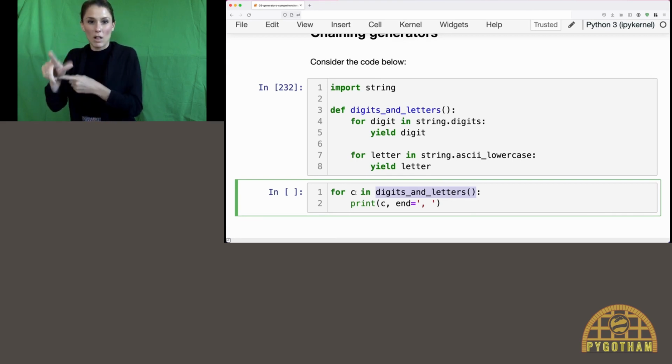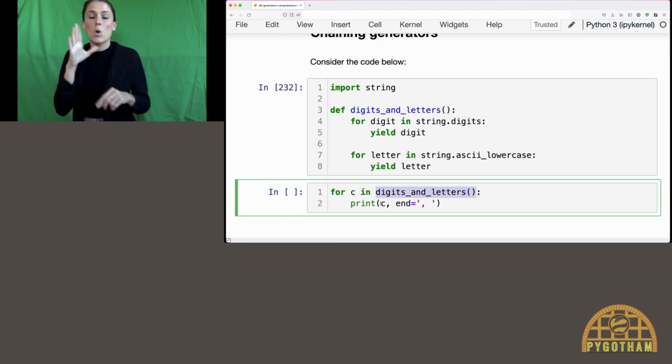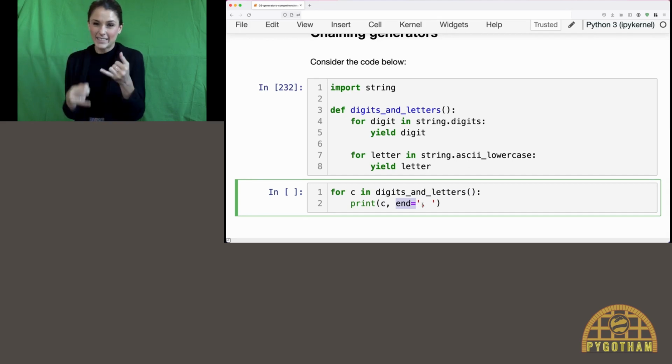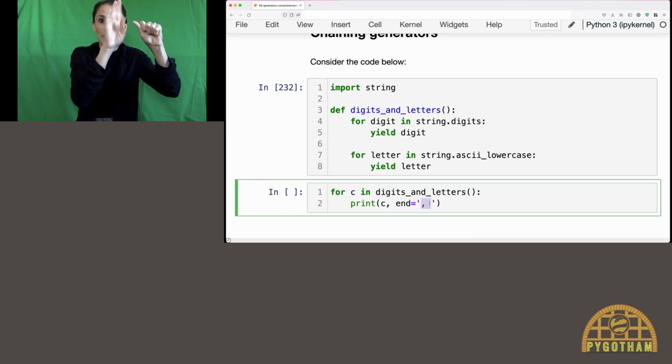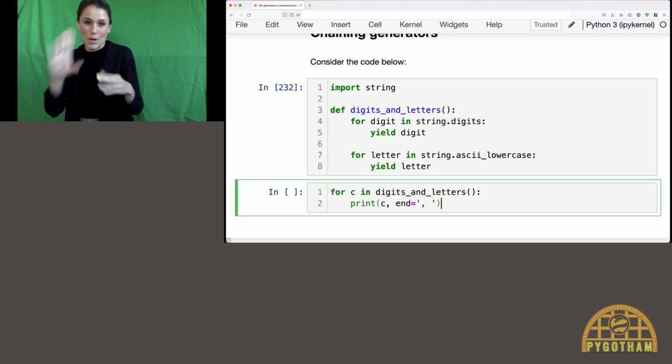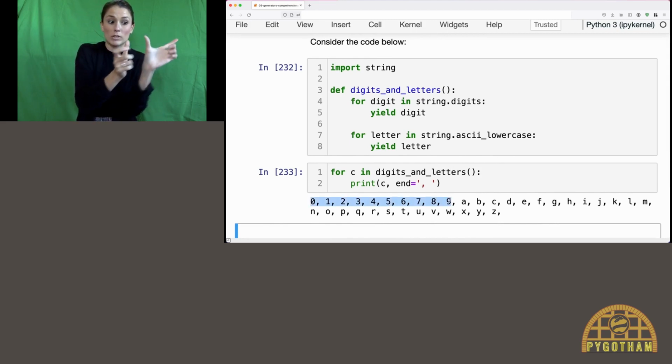We can say for c, or character, in digits and letters. In this loop, we're going to print the character, and I'm going to specify a custom ending character. It's going to be a comma and a space. By default, print will use a new line character, so every single character is going to get printed on a new line. But just to keep the output a little bit more compact, I'm going to customize it, because I just want everything on a single line. And there it is. As expected, this generator function created a generator that yielded the digits and then all the